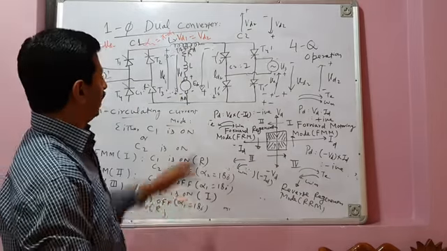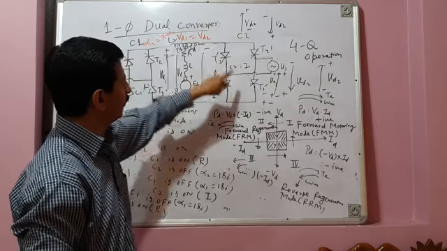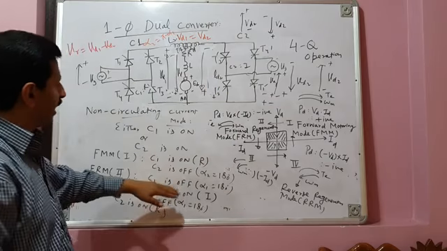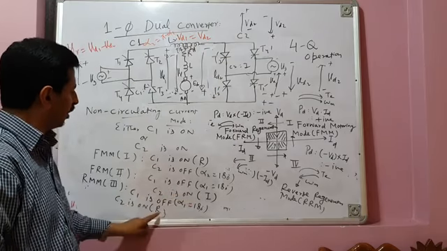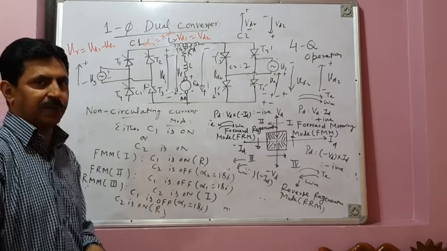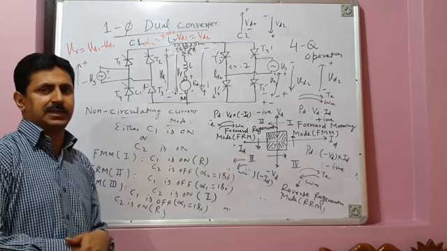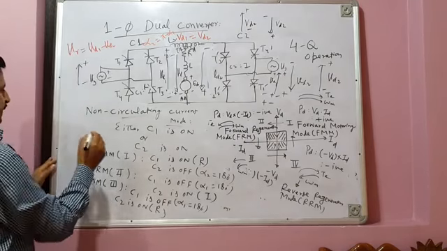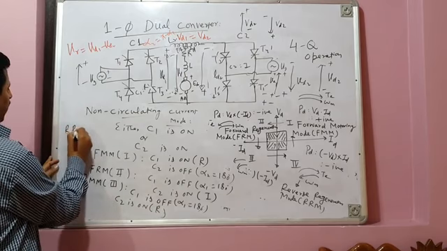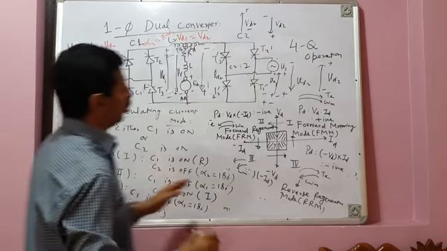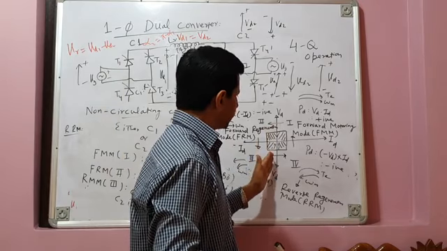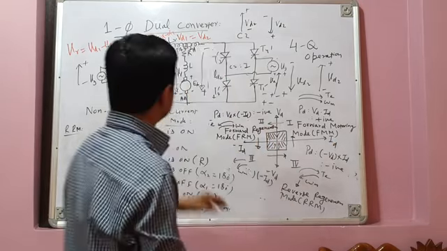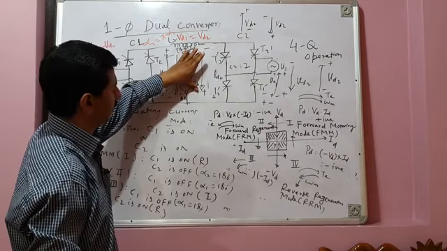So therefore converter C1 will be still off, converter C2 will be on, but previously converter C2 was operating in the inversion mode. Now we have to operate it in the rectification mode. We have to reduce alpha to less than 90 degrees. Okay, and finally the reverse regeneration mode, RRM. Reverse regeneration mode means average output voltage is negative, but current should be positive. Average output voltage is negative, that's fine.